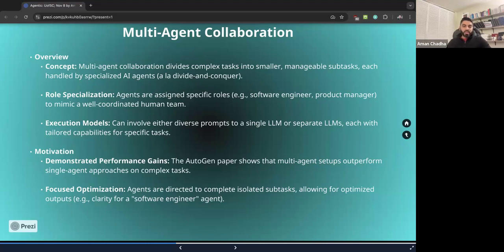You could have some of this to and fro pattern going on between agents themselves before they send their final results over to the LLM to synthesize the final output. So there are a lot of different patterns within multi-agent, in terms of how we structure the problem statement and how the intermediate and final results flow, and a lot of ways to model that as part of multi-agent collaboration.